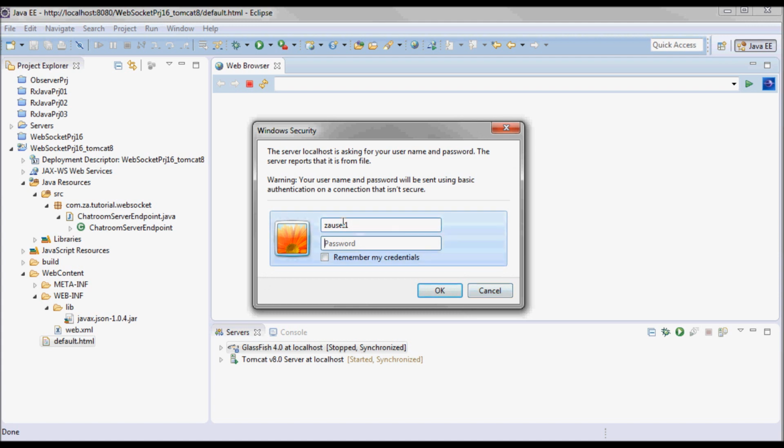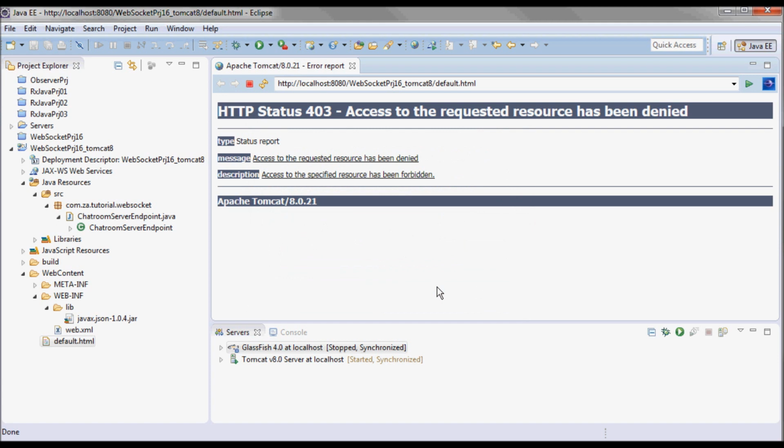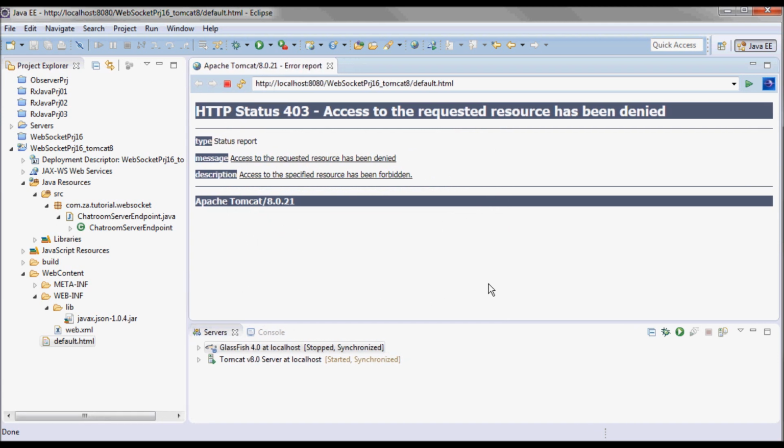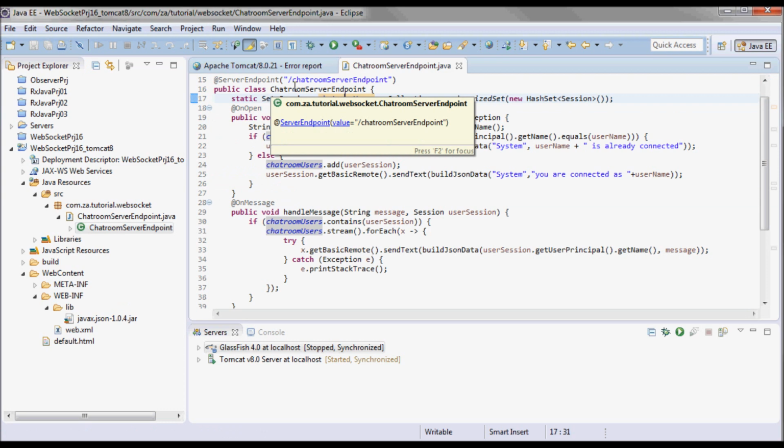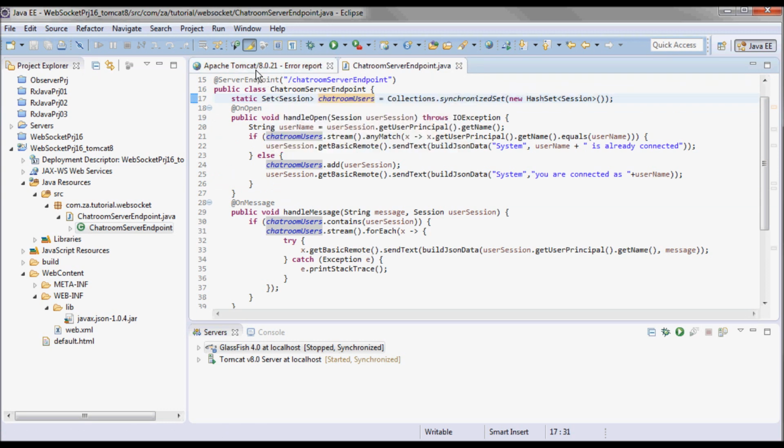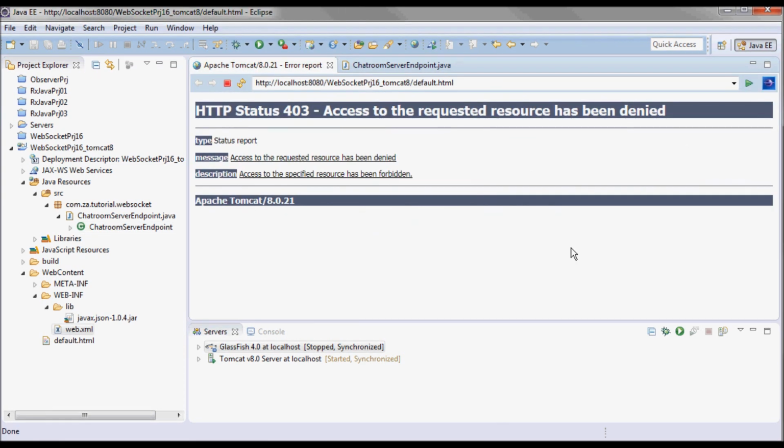Okay, so let's do VA user 01 and password. And I think I might know why.